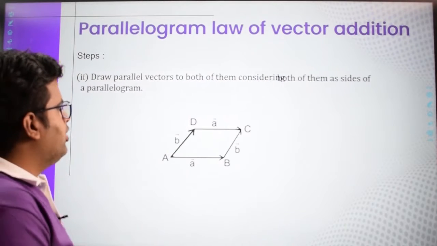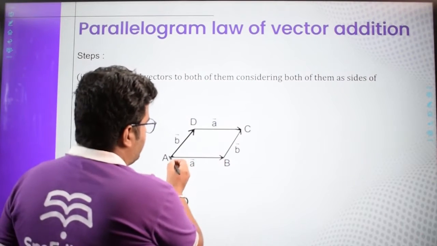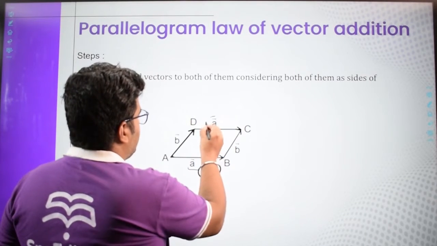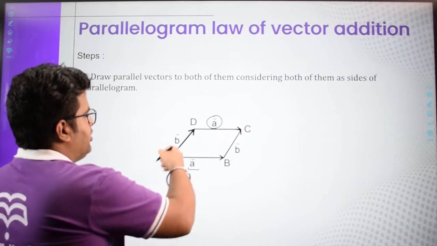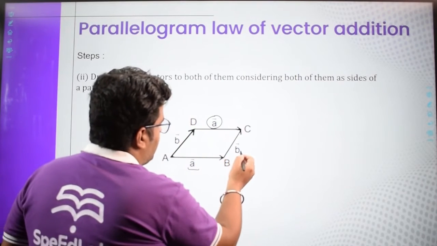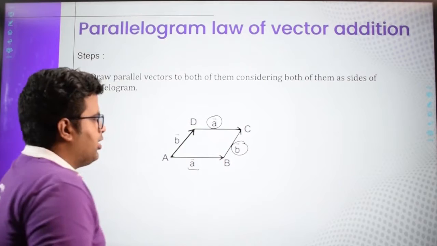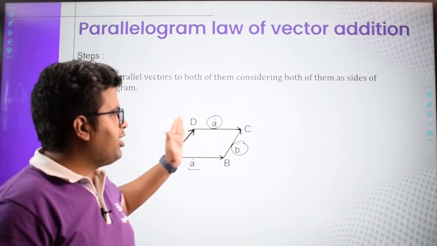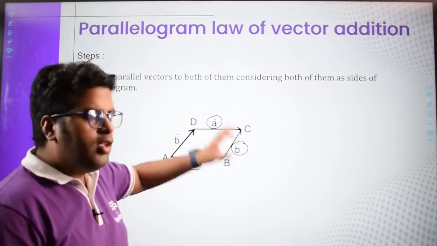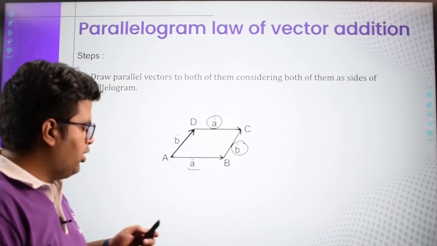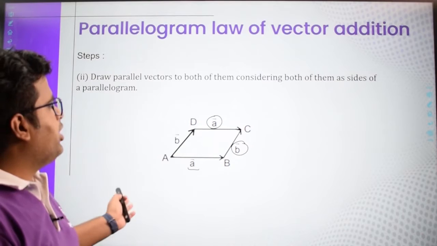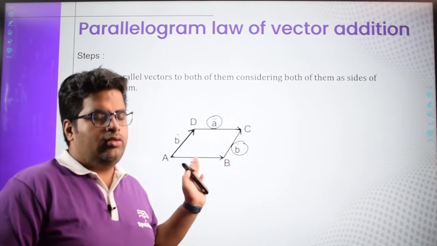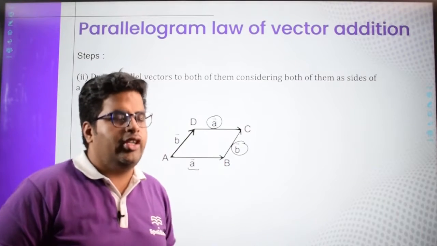So you can see that I have taken, let's say this is AB vector, which is your A vector. I have taken another vector which is DC vector, that is again A vector, and AD vector is B vector. Again BC vector is also B vector. Means हमने यहाँ पे इसके पैरेलल एक वेक्टर लिया है और इसके पैरेलल एक वेक्टर लिया है, so that it forms what? Parallelogram. अगर हम आगे देखें, so basically you want to calculate the resultant of A vector and B vector. So हमने इसके लिए एक parallelogram construct किया.